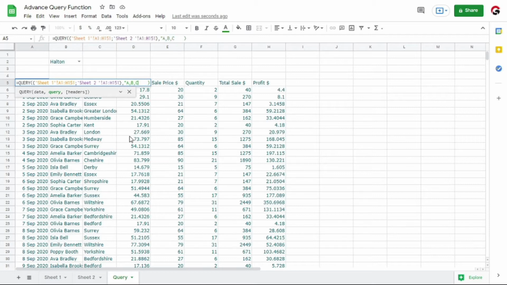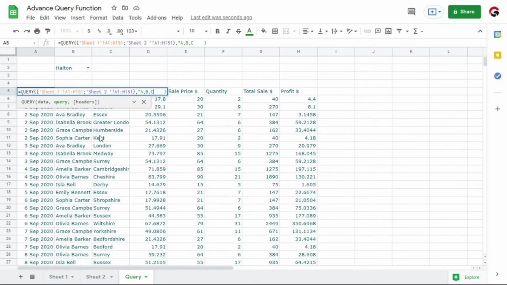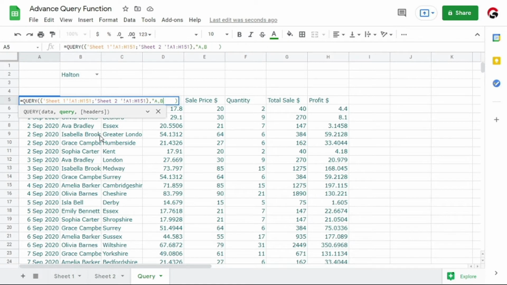But once you have added multiple ranges, a subquery, or imported a range from another sheet, the query becomes a standard SQL query, and it will no longer recognize the Google Sheet column names. That is why we will use column names like Col1, Col2, etc., like the SQL original column names.